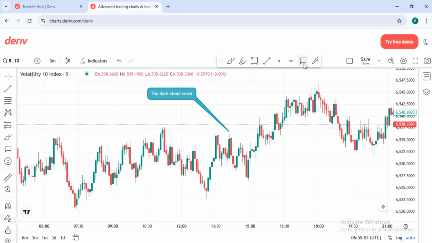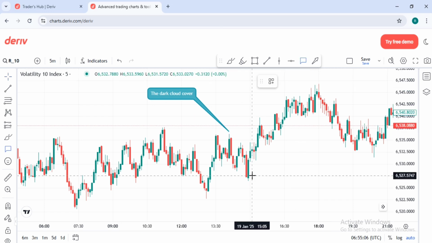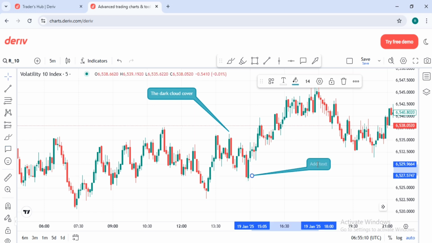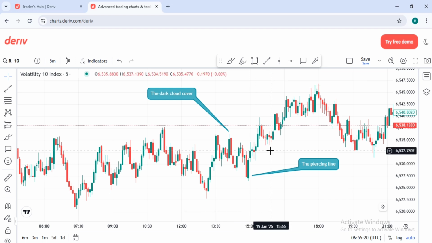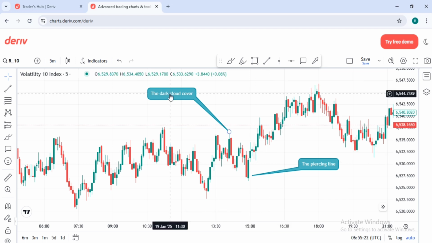Now the second one is called the piercing line pattern. So let's talk about the dark cloud cover first. Few points you need to note about this. Number one, the dark cloud cover,